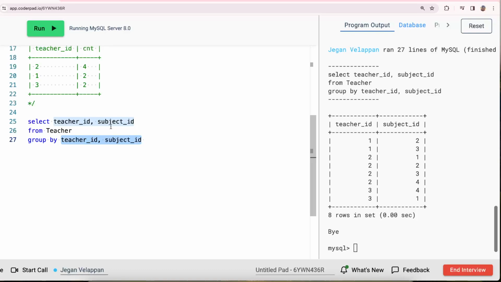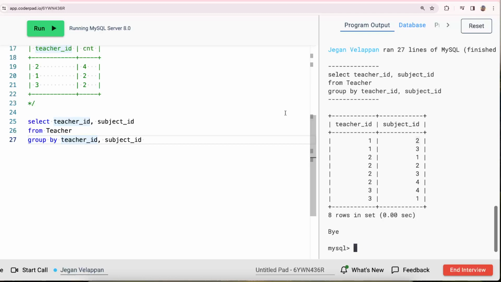So there won't be much difference between the distinct and the group by. But technically, this is the way. Distinct will work on a record basis, while group by will work at the aggregation level after the records are pulled. Okay, now we see the teachers and we get the number of distinct